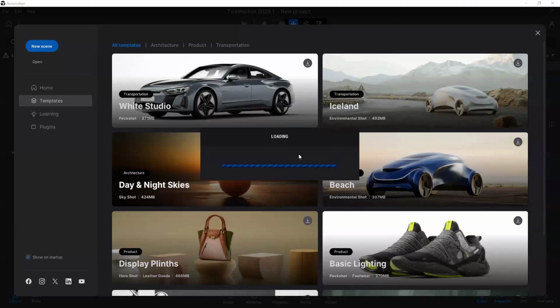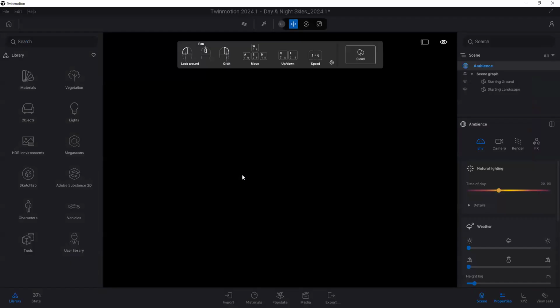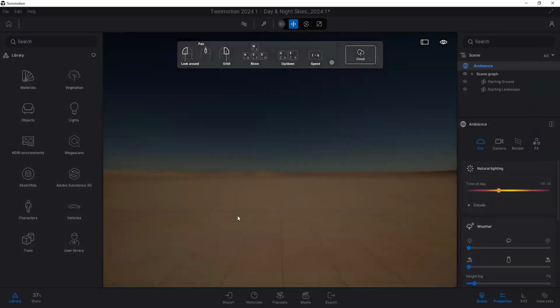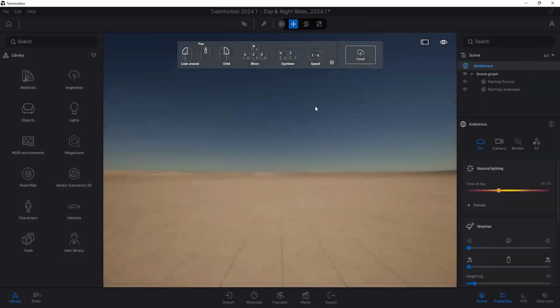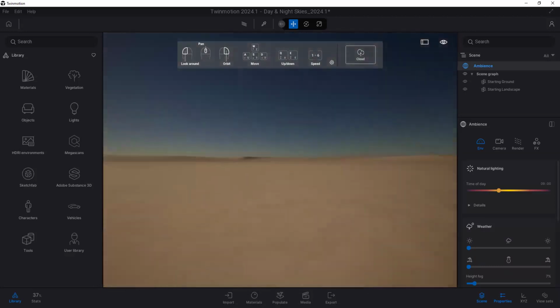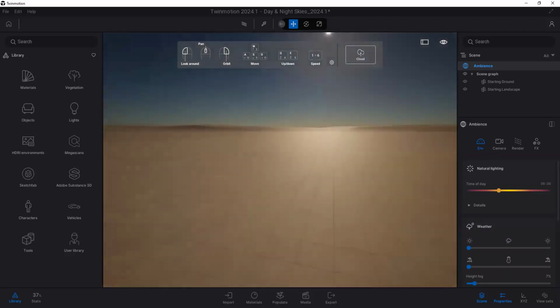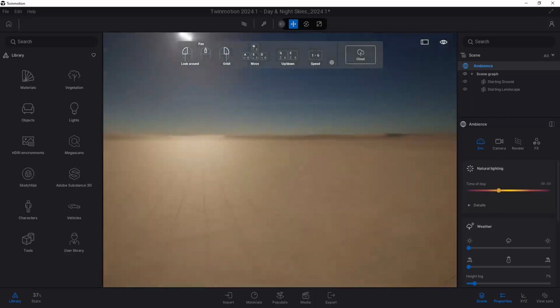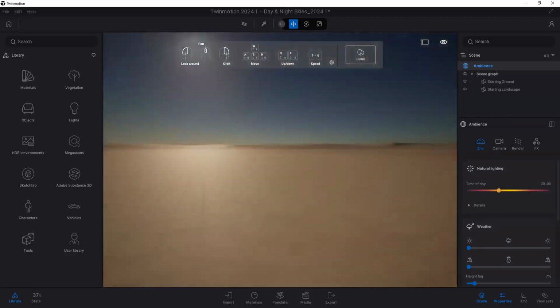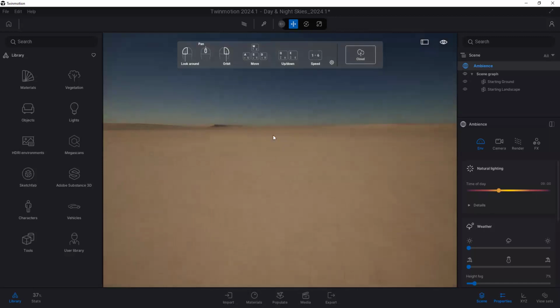It's going to take a minute to load up. But now we are in the middle of the desert. This is normal. We haven't linked our Rhino model, which is why we're not seeing anything. But the first thing I want to do is come over here to this little pinwheel,